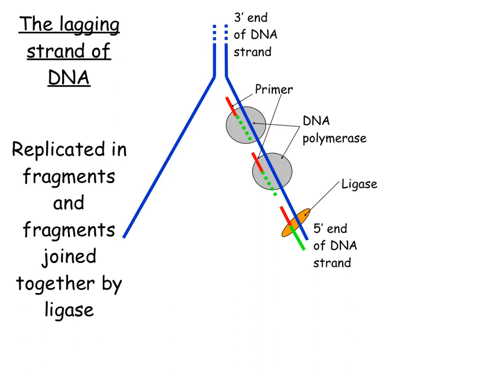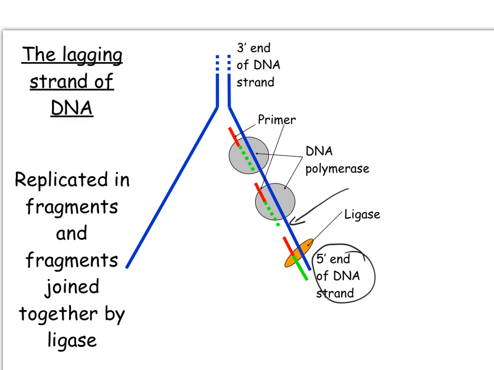Now in this slide here we're going to look at the replication of the lagging strand of DNA. Now that takes place over at this side here using this template strand. Now we need to remember that we've got our 5' end here and our 3' end is up here. Let's move this down a little bit. So that means that the new strand that is being produced will have a 3' end here and a 5' end here. Now, remembering that DNA polymerase can only add on nucleotides from the deoxyribose 3' ends, we